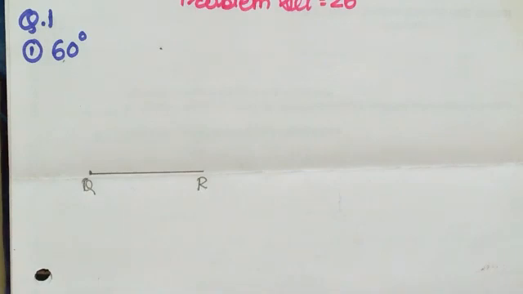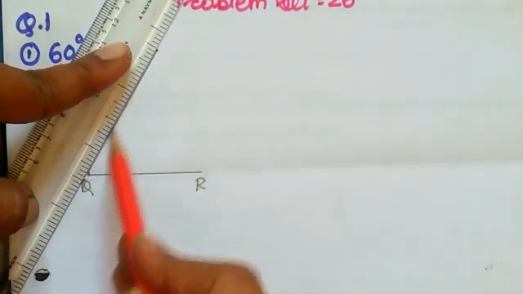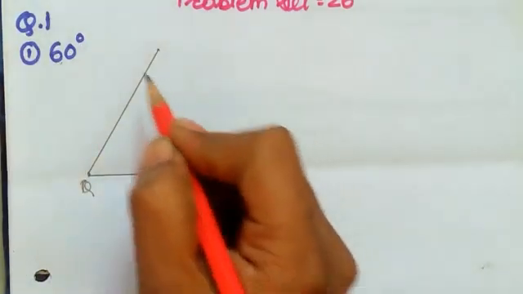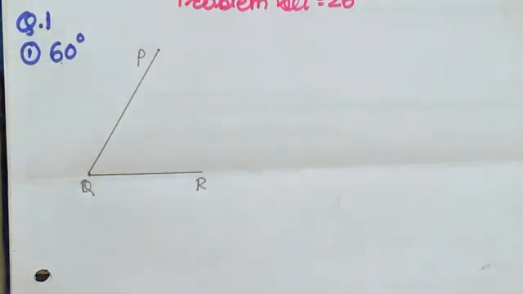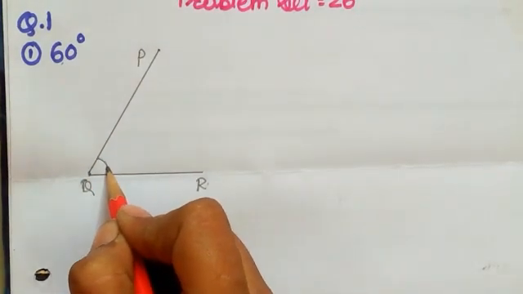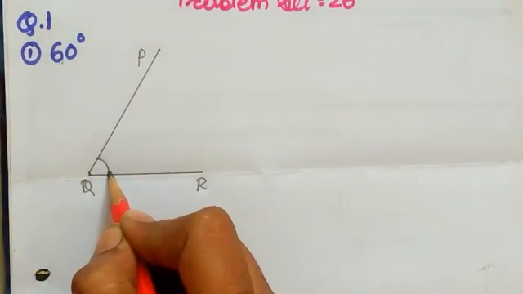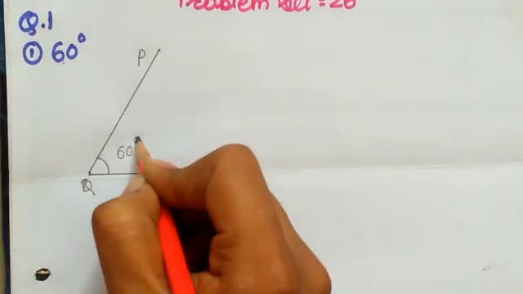Now students, this dot is the division line of the protractor which shows the 60 degree measurement. So we have to join this point with our vertex Q. Got it? Place the name. This is the point P. Like that we get our angle PQR. So what is the measurement of this angle? 60 degrees. We have to make an arc over the vertex and write the measurement 60 degrees here.